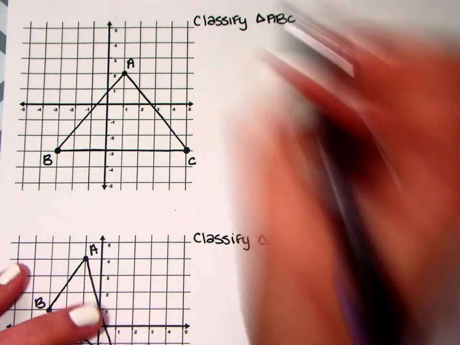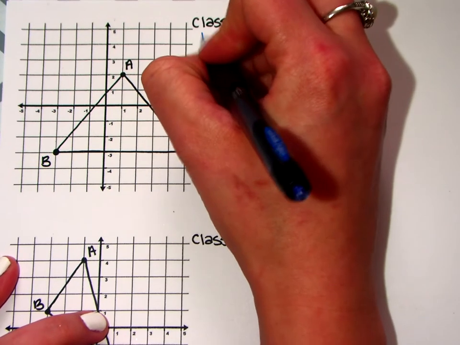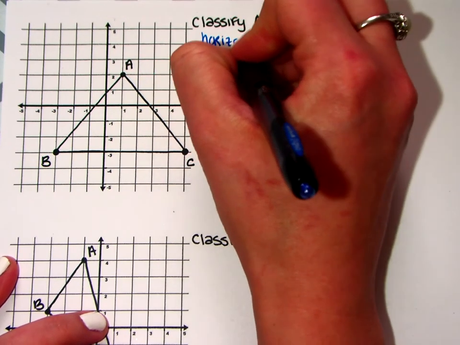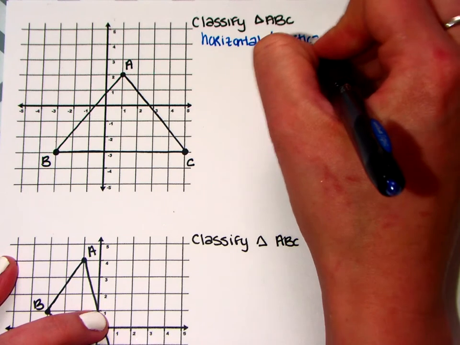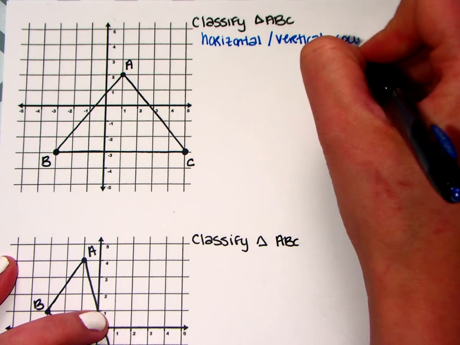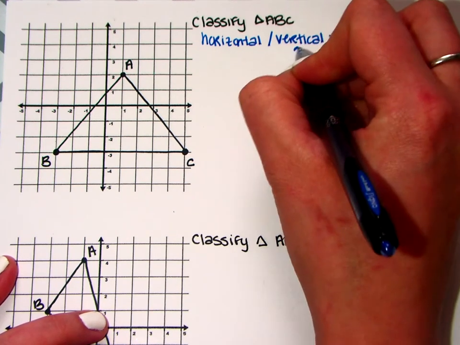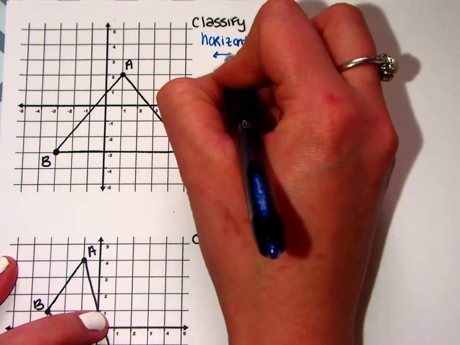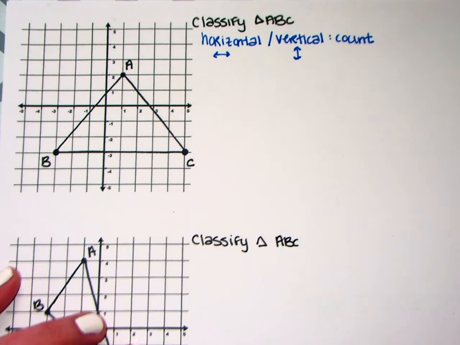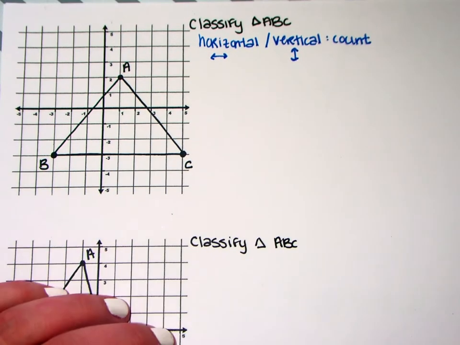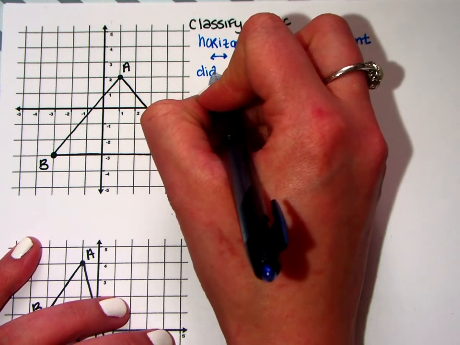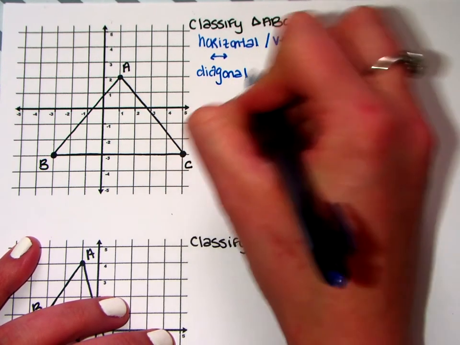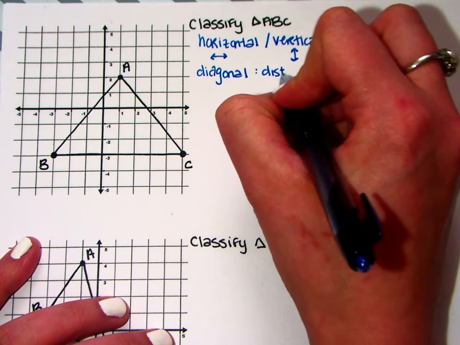So that's very important. If the line is horizontal or vertical, you can count. Remember, vertical means up and down, horizontal is left to right. You can count up and down and left and right, however, you can't count diagonally. So if the segment is diagonal, you need to either use the distance formula